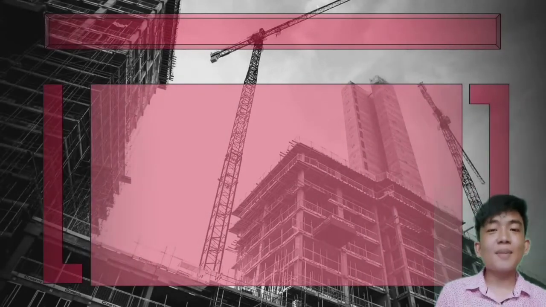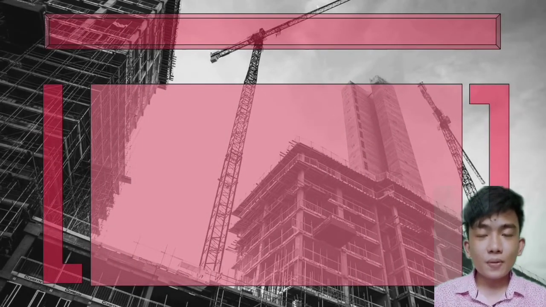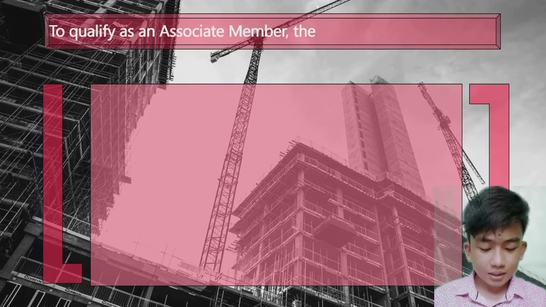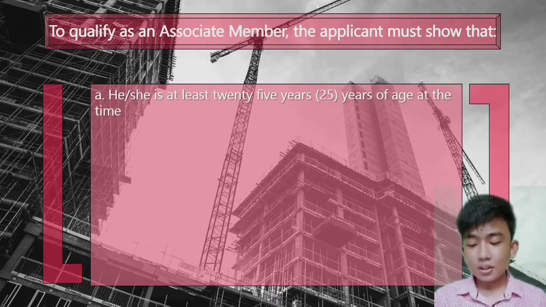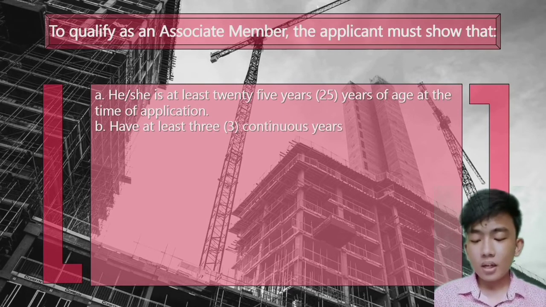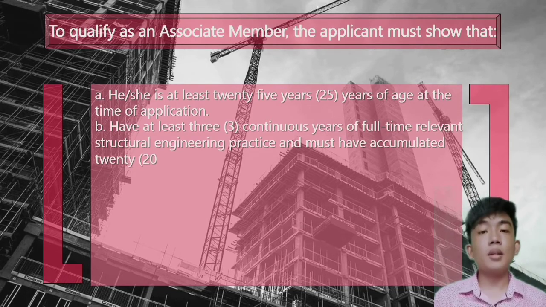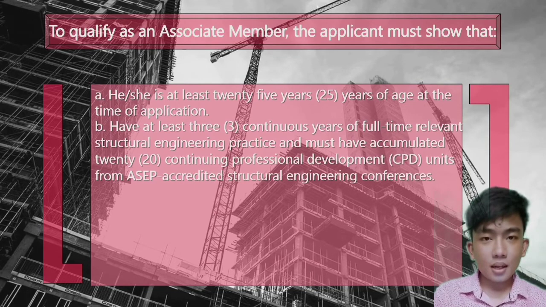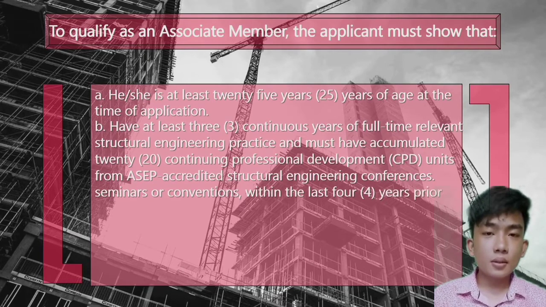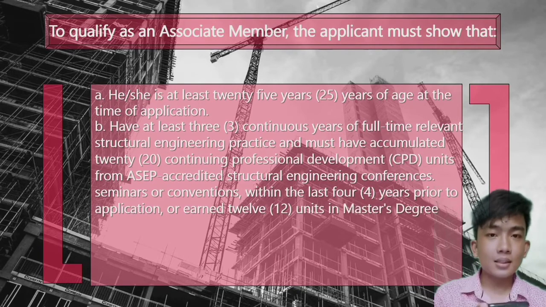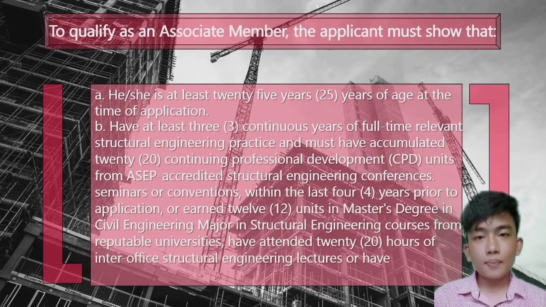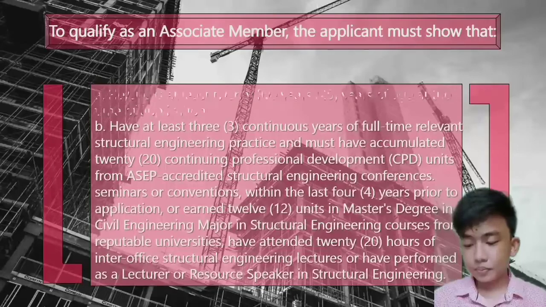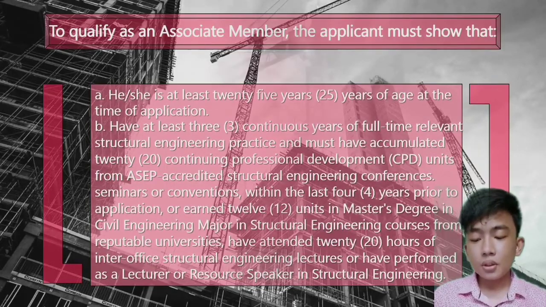Good day everyone, I'm Angelo Domingo and I'm going to report how to qualify as an associate member. The applicant must show that he or she is at least 25 years of age at the time of application. Ang ibig sabihin lang po nito ay bago ka daw po sa kanila mag-apply ay dapat ikaw ay nasa 25 years old pataas. Dahil hindi sila tumatanggap ng 24 pababa. At ang pangalawa po ay have at least 3 continuous years of full-time relevant structural engineering practice and